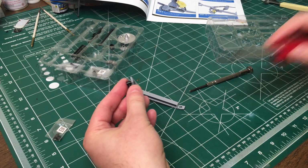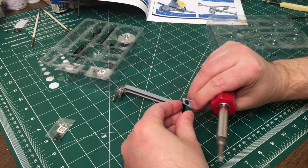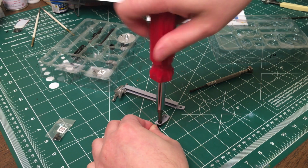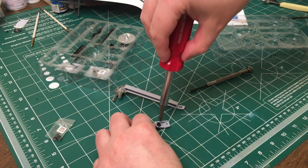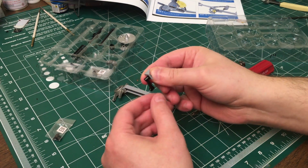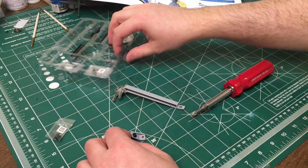Okay. And let's see here. Just looking over at the instructions. Okay, and that's actually pretty tight down on top of that, so it can still move, and that's what we want. All right,